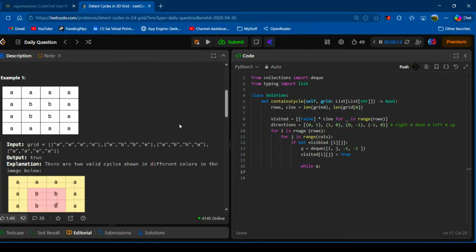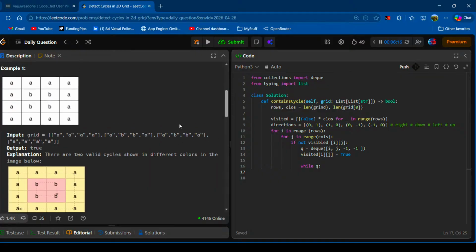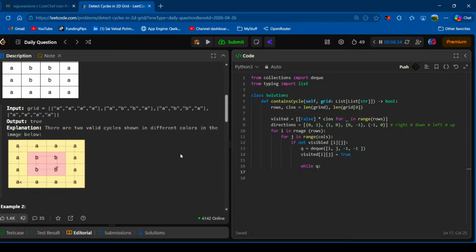Should we pop the function left one or right one? So direction is given using i comma j for the entire grid. So rows and columns are assigned. Okay, so after that,